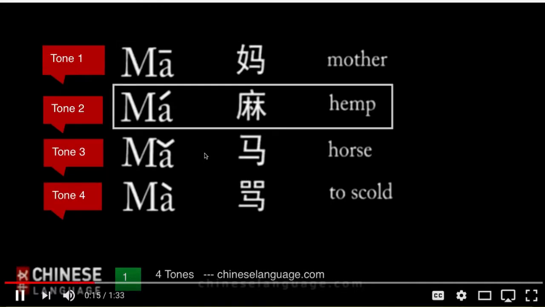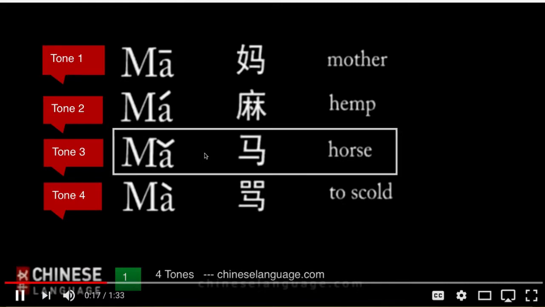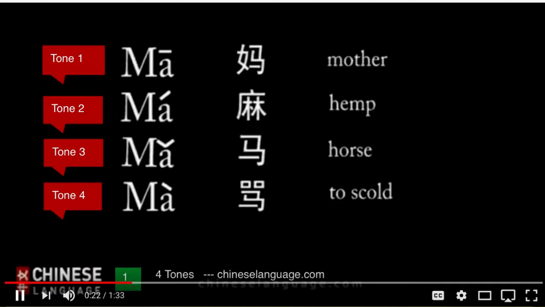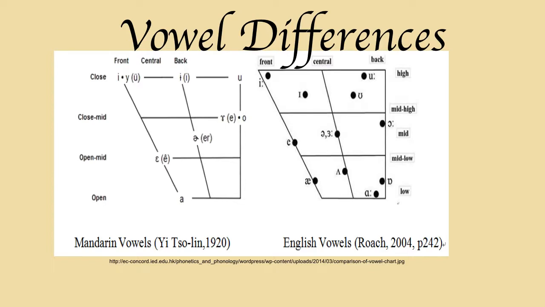Ma, ma, ma, ma. Again. Ma, ma, ma, ma. The final major difference between the two languages is where the vowel sounds are made within